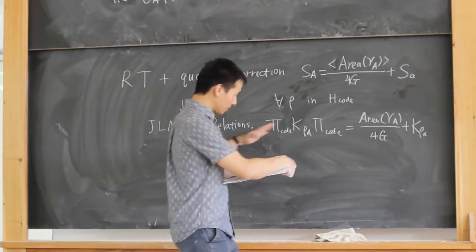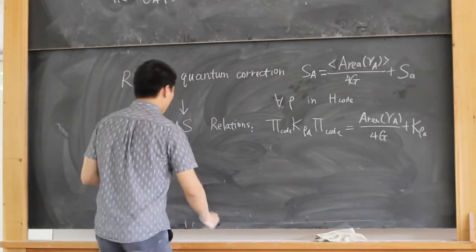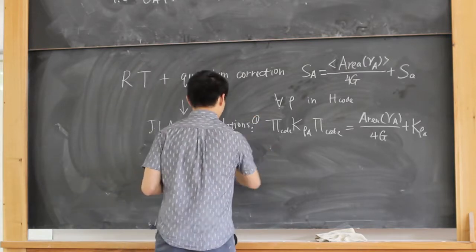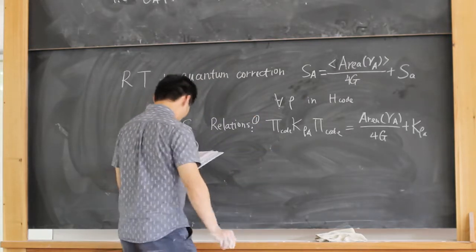So this is an operator equation, and this is the first statement, and the second statement of JLMS is that